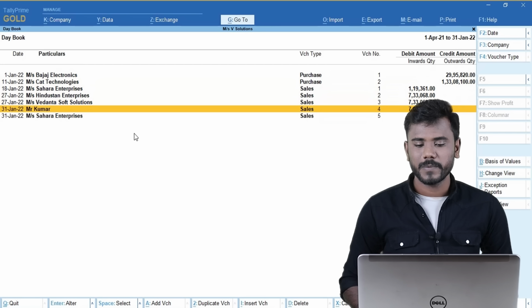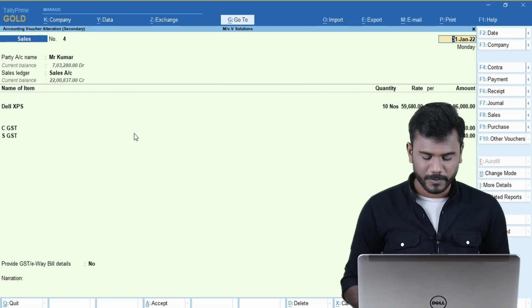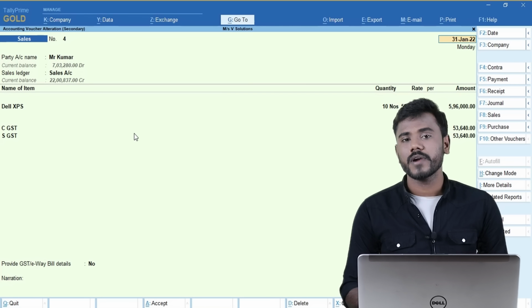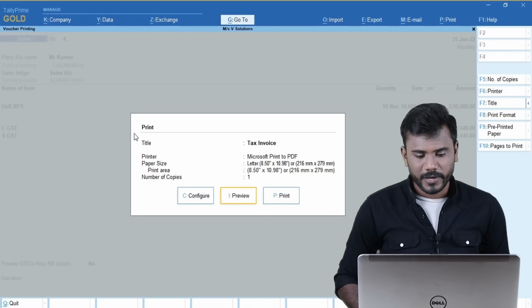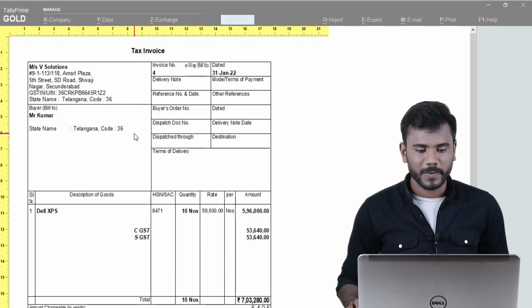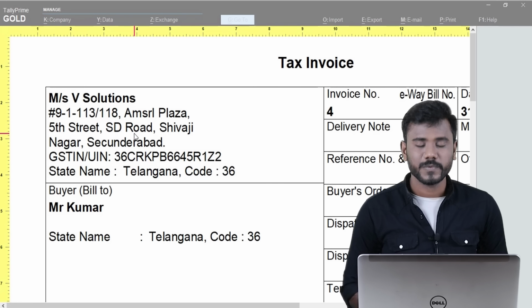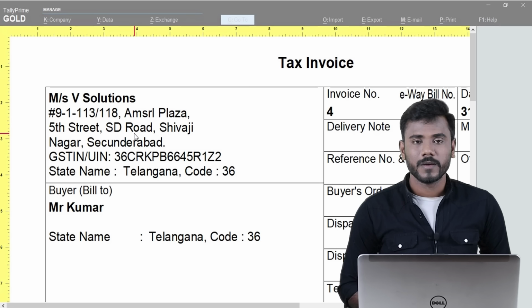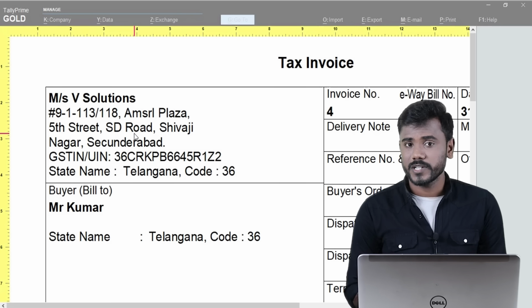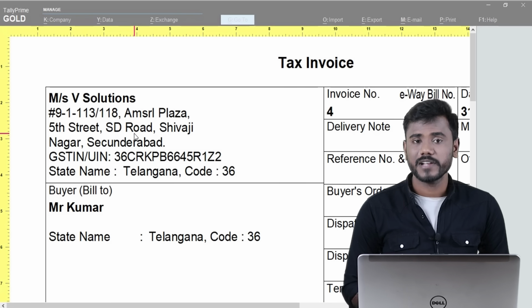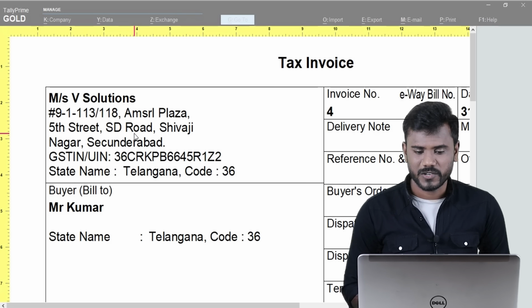By default, Tally application comes with displaying invoice number as 1, 2, 3, 4 and so on. So whenever you are going to print that invoice number in Tally application, you can see it is printing as simple as just invoice number 4. But as an accountant, it is good to know how to update voucher numbering, also known as invoice numbering, in Tally application. Right now, we are going to convert a simple invoice number into a branded invoice number in